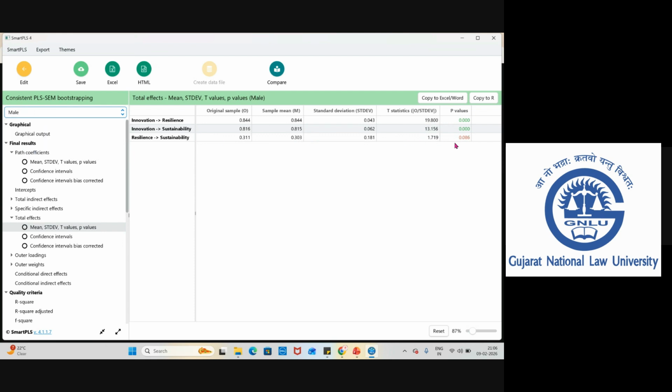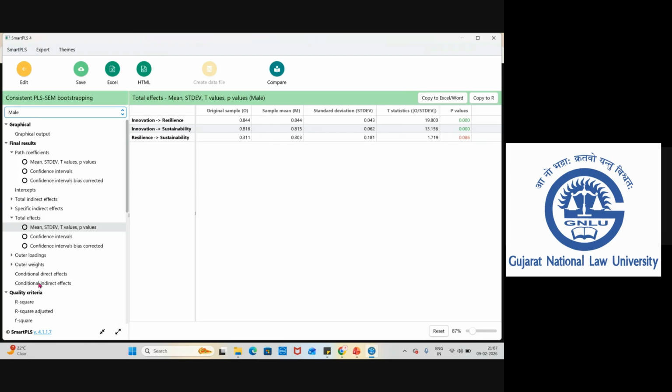Point, there is a difference when it comes to the p-value. For males, it is higher than 0.05. If you look at the total overall effect, there is a significant relationship and we have a significant impact. But when it comes to the male as compared to the female, it is having more influence on the female respondents' point of view. On resilience, female respondents have more resilience as compared with the males, as per this particular data.